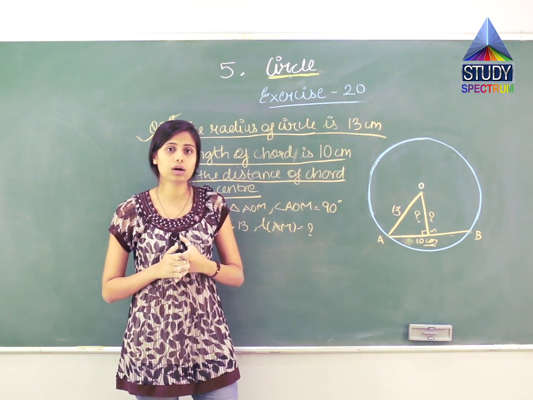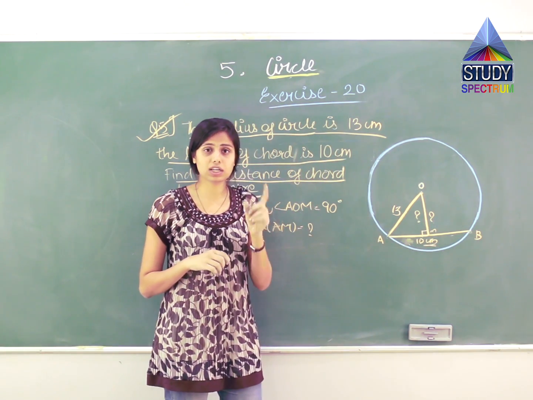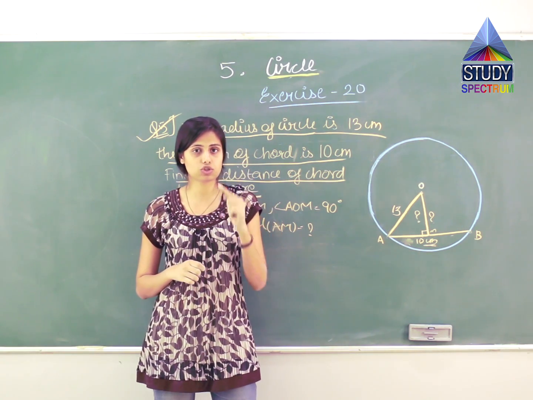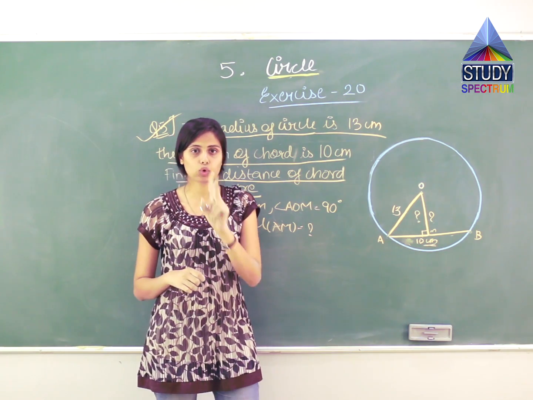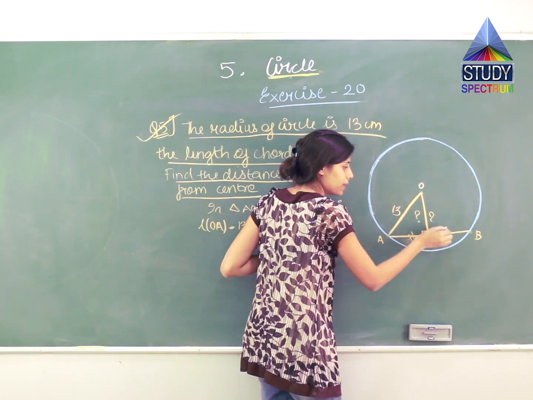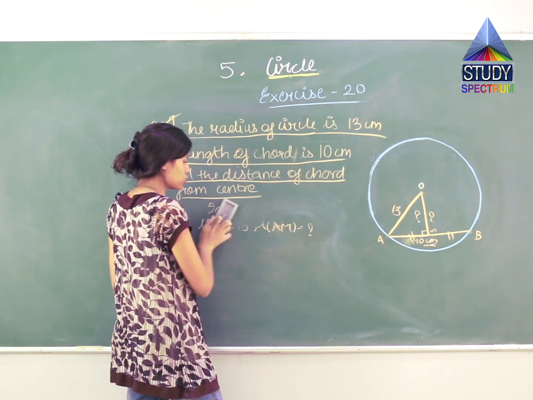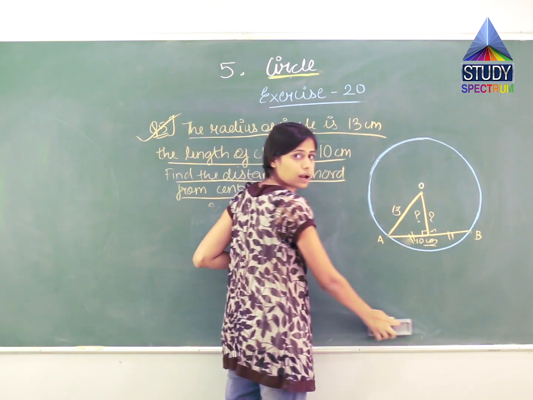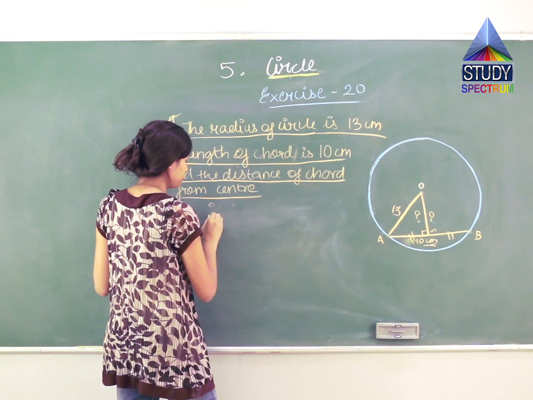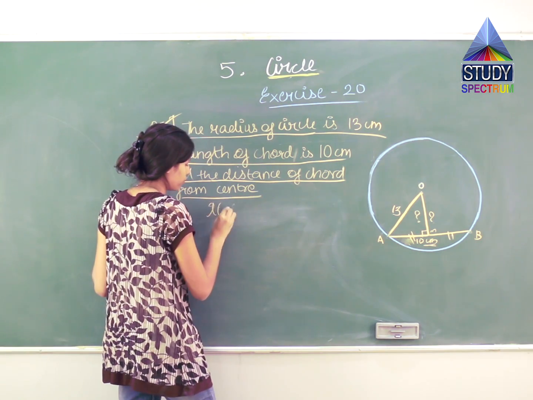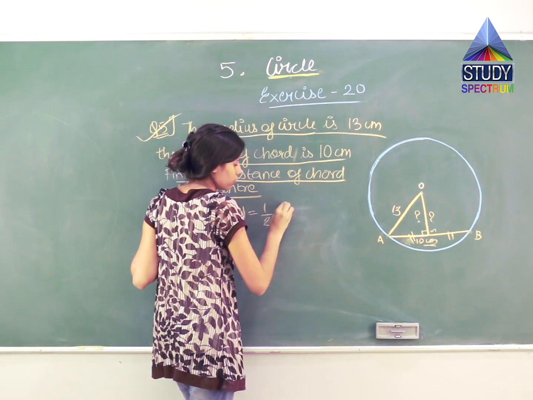So how much will AM be? AM will be the half of AB. Why half of AB? The first theorem, which says if a perpendicular is drawn from the center to a chord, this perpendicular will cut the chord into two equal parts. Means AM will be equal to half of AB. So let us write that. Okay, we will solve this question, this hypotenuse theorem later on. First, let us write how we got AM. So let us write length of AM is equal to half of length of AB.